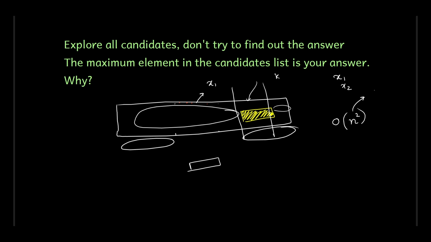But not all of them will be valid. So valid candidates, basically the feasible candidates, will be less than exactly O of n square. And why is that? Because every time you select a subarray as a candidate, it's not guaranteed that the left side and right side have enough ammunition to give you k blocks. So some of these subarrays will not even act as the candidate. For example,